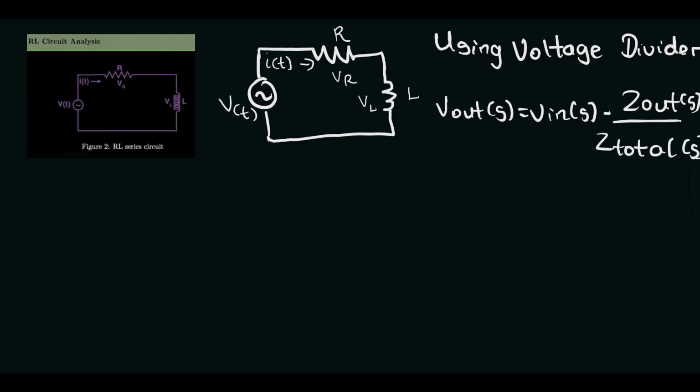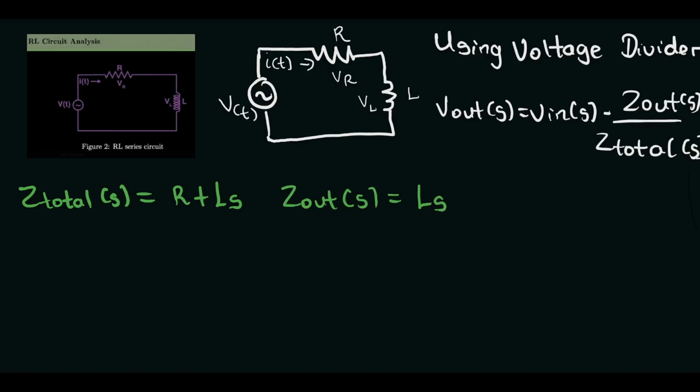So your Z total, sorry, Z total will be equals to your resistor plus your inductor in S domain, and your Z out will be equals to your LS. So substituting it inside this formula, we have